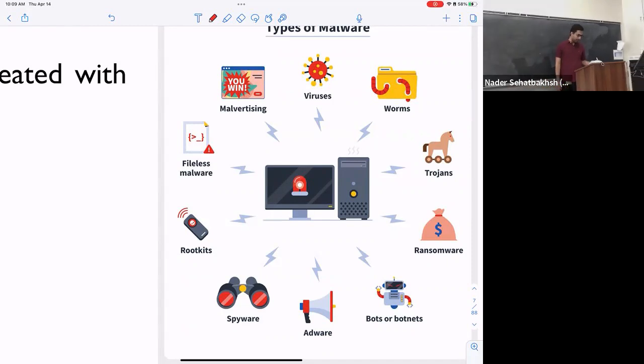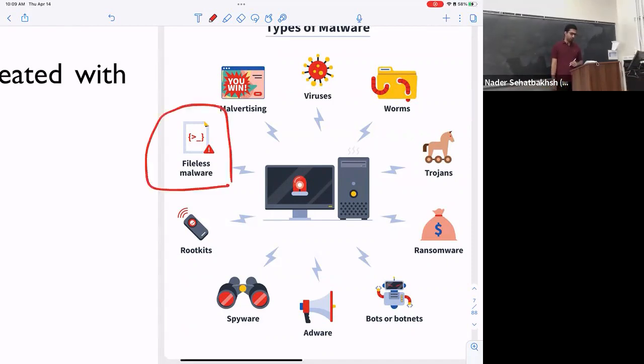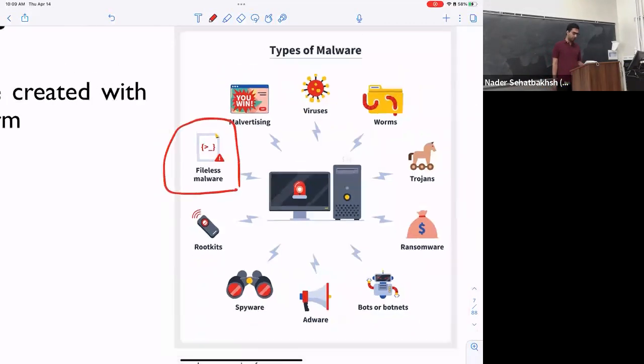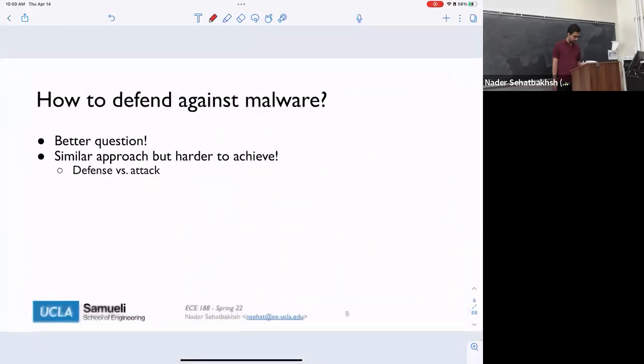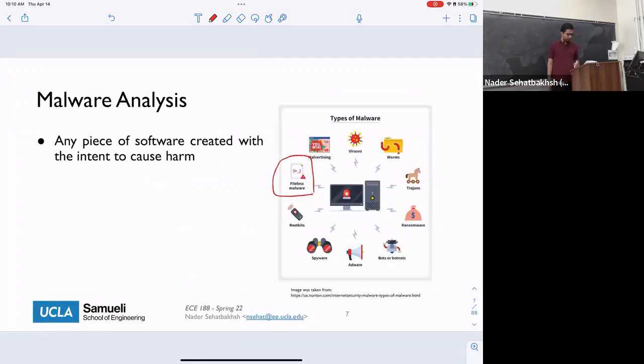All right. And then the last one, which was kind of interesting, was wireless malware, which we're going to revisit again when we're talking about memory safety and security. Okay. All right.